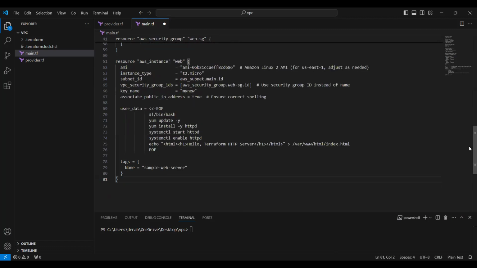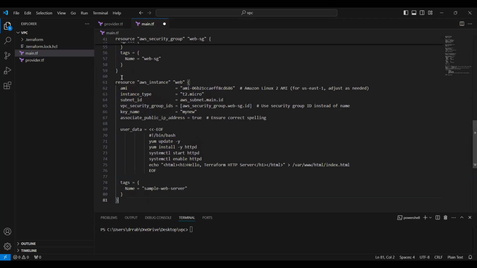So then this is an EC2 block. Here you can see resource type. Again, we need to mention which type we are using. So the resource is AWS instance. The tag name, sorry, the label name. Okay, that is web, and we need to provide the AMI. So this is the AMI. Then instance type T2 micro,